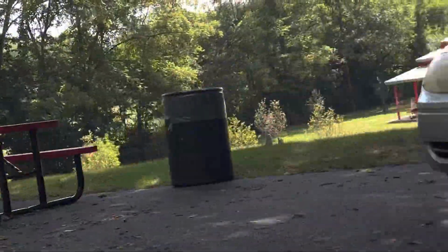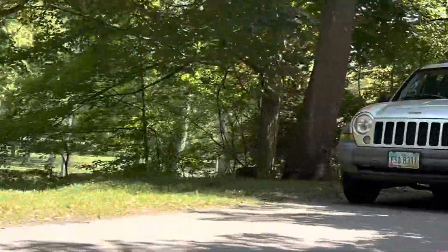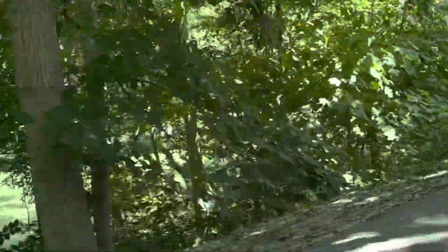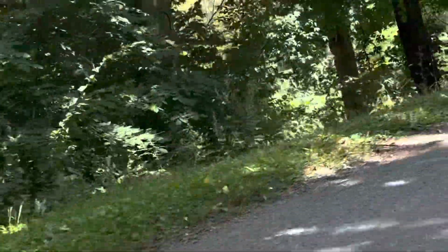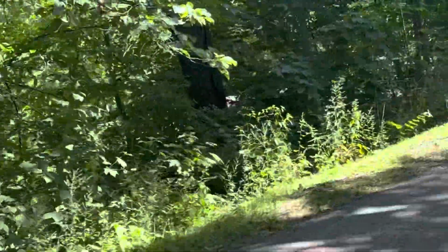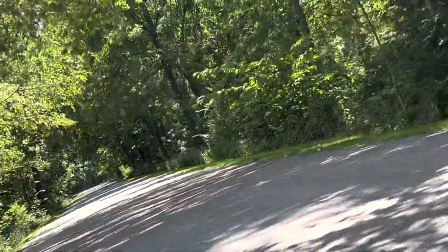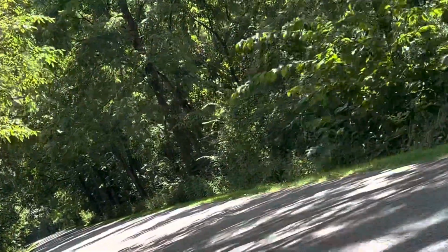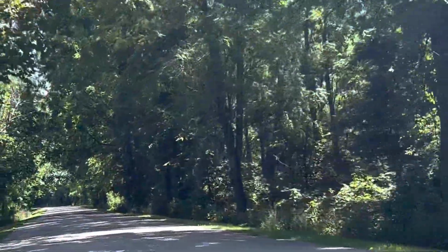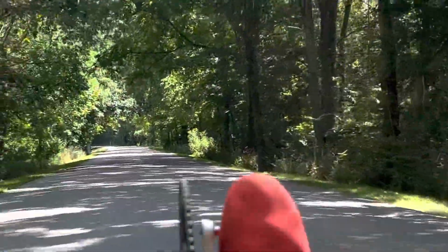Over here is a shelter, and here I'll jerk it over here. There's a little pond, and this is to the left side road. There's a park and numerous shelters. I'm not sure how many they have. I'd say maybe a dozen different shelters where you can have picnics. And I'm guessing it's a 100-acre park or thereabouts. So again, I apologize for the shoddy camera work. I get talking, and